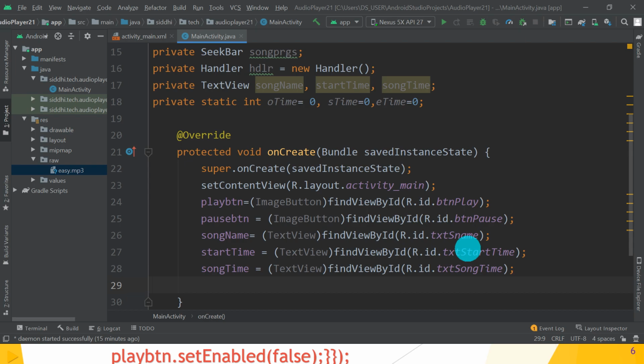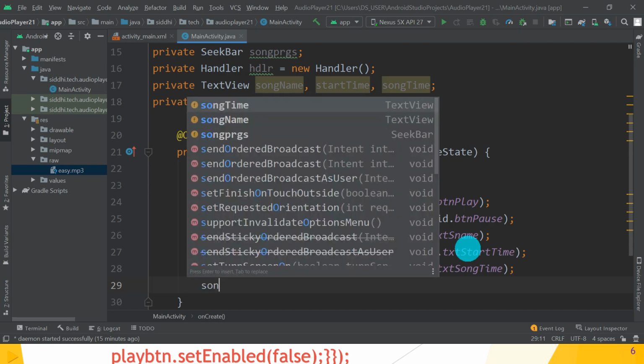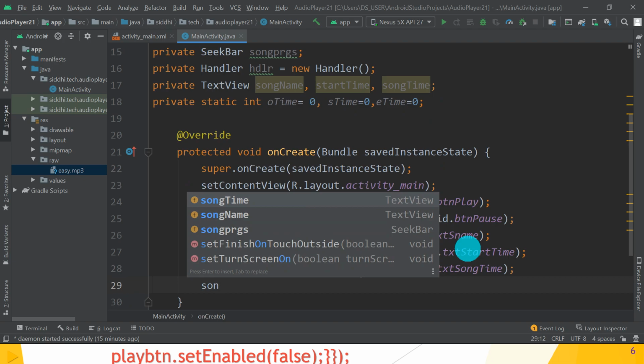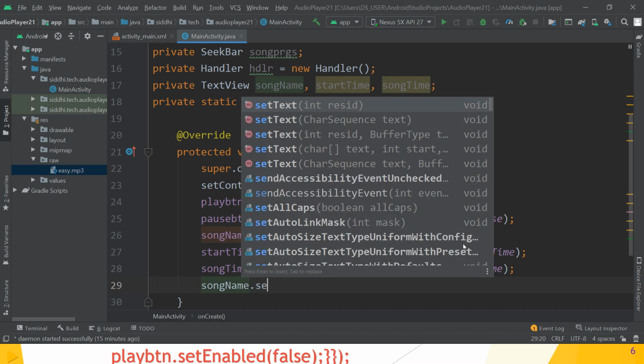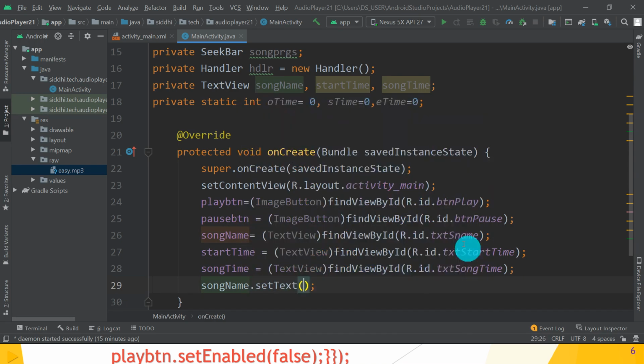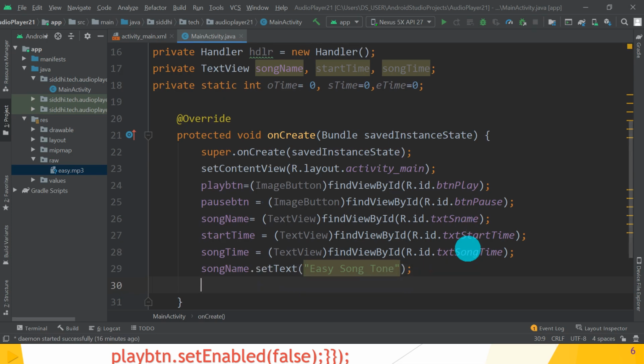Then song name. So what is the song name? Song name, set text and pass the name of the song. So what is the name of the song? It is easy tone. Great. So this is the name of the song.